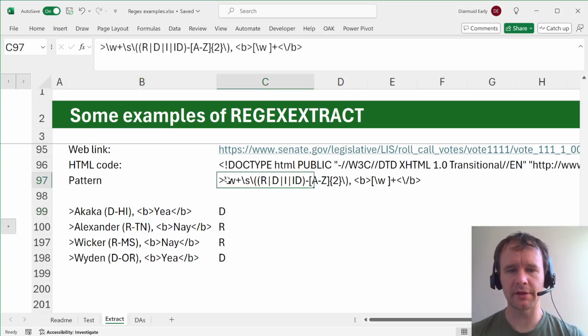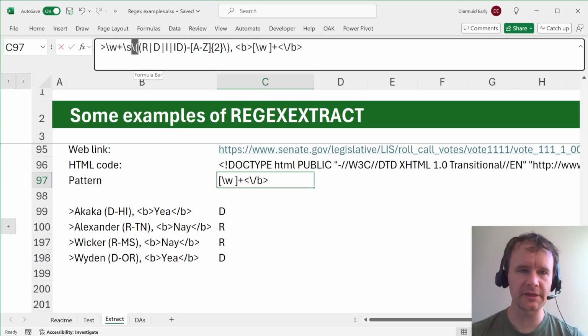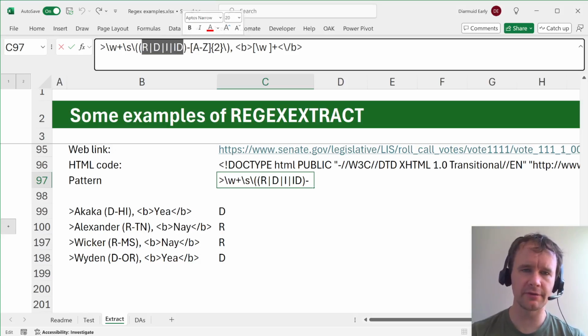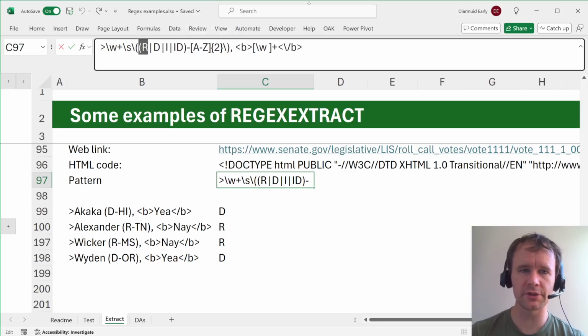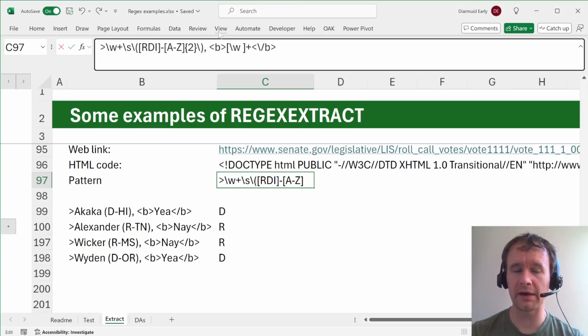But the interesting thing about this pattern is, aside from the escaped brackets, you'll see that I've got these group brackets. Here, I need them to have this or that, where some of them have multiple letters, you can't just do it in a square-bracket group. If it was just R or D or I, you could say RDI in square brackets, and it would match any one of those characters.